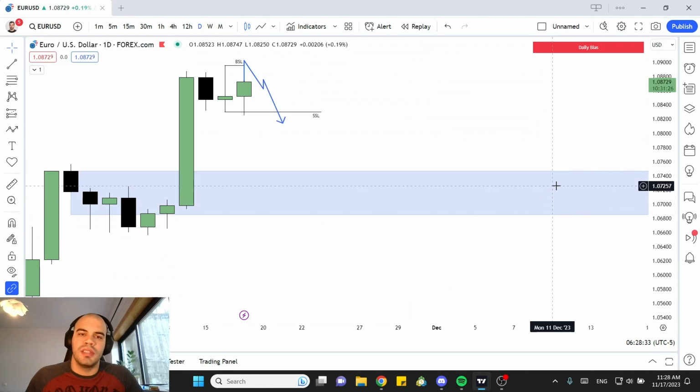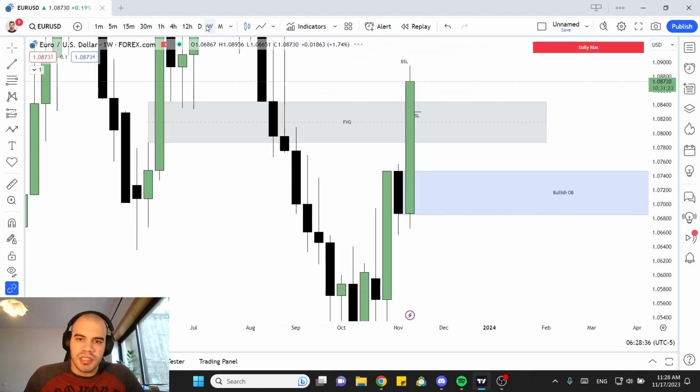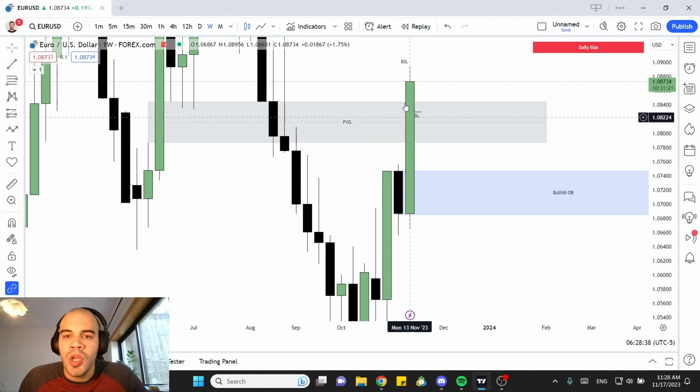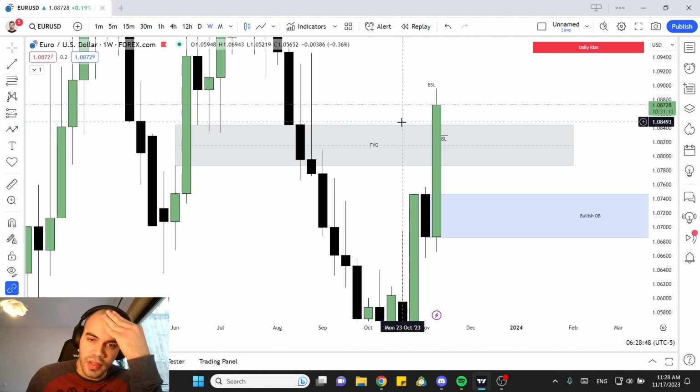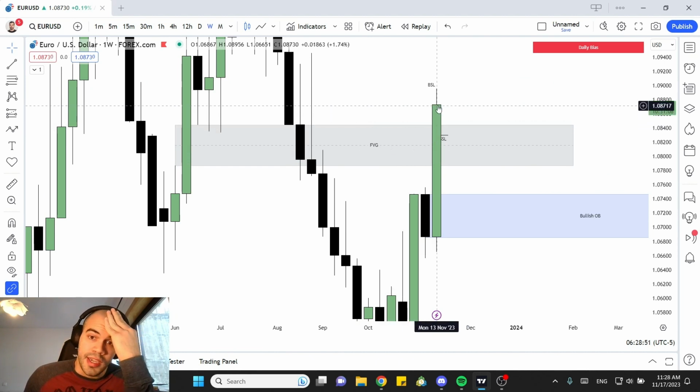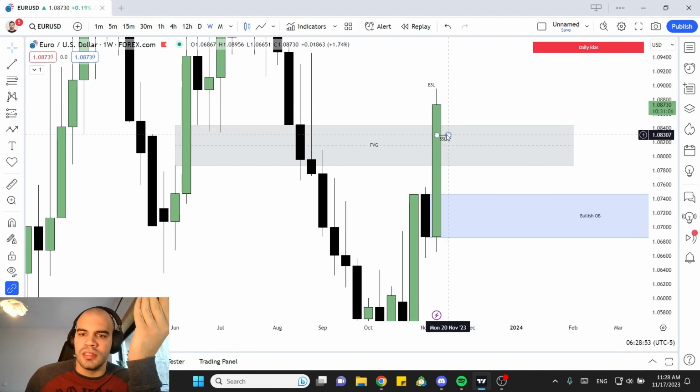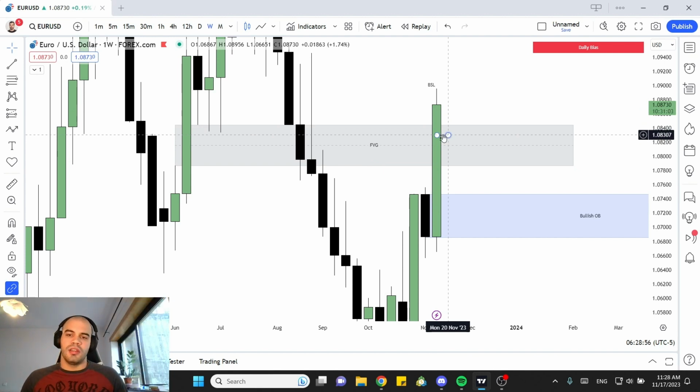Let's have a look at Euro USD. On Euro USD, the behavior is pretty much the same, except that on the weekly time frame, instead of a bearish order block, we have a bearish inverted fair value gap. It's the same thing. We have this sell side liquidity, which I'm going to break down in a minute, and we would like to see this candle closure into this fair value gap, near that sell side liquidity, which means that I'm expecting a bearish Euro USD today.